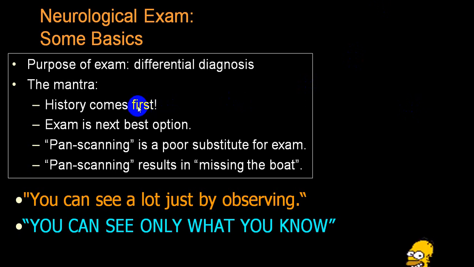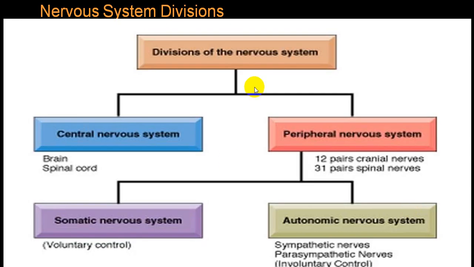So history comes first, examination is next, and then you go for scanning purpose. You can see a lot by just observing. You can see only what you know is absolutely true for neurological examination. This already I have discussed in the introductory part of CNS, that is different divisions, central nervous system, that is